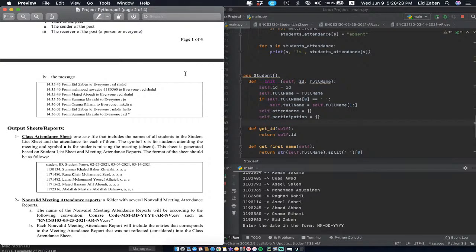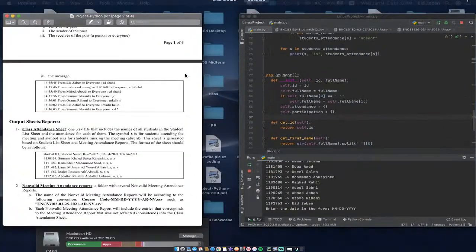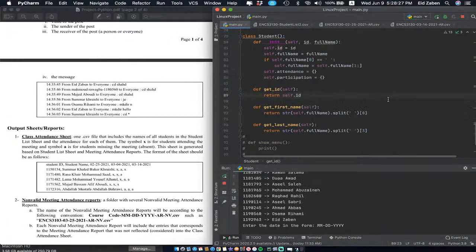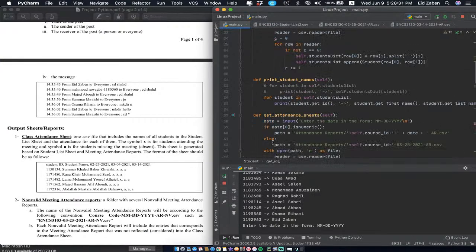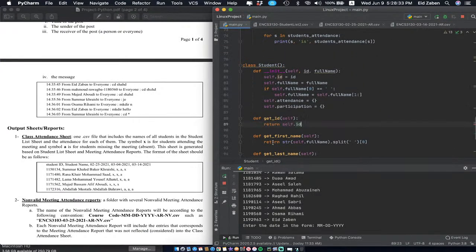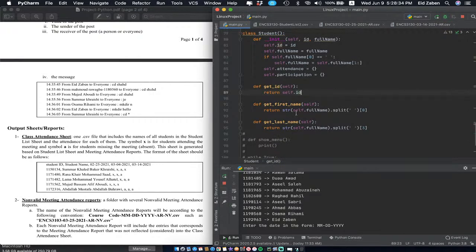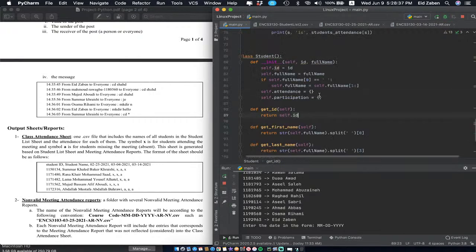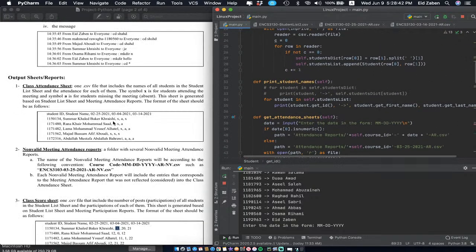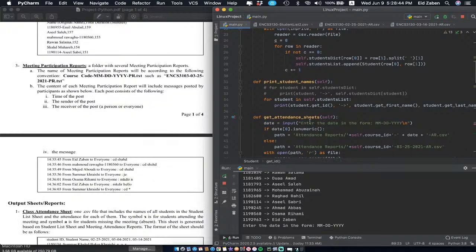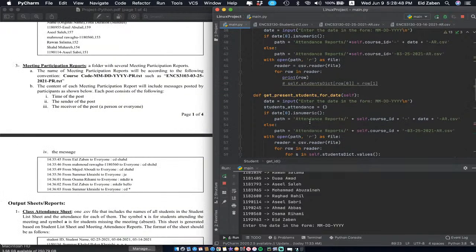So, where did we leave off? We have the student class, we have some getter functions created, and now what I want to focus on is updating the attendance and participation dictionaries for each student as soon as we read through each file. So basically, I think the way I'm going to have this project work is I want a function that once I have the course ID,